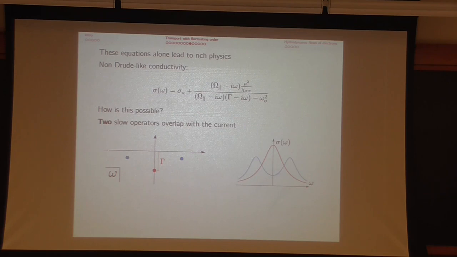And this is a very physical thing. What I'm doing by splitting them is giving the Goldstone a mass, which happens if I explicitly break translations. And doing this splitting will lead to this type of shape of the conductivity. What's nice about this shape is that now the DC conductivity is not large. It doesn't go like 1 over disorder strength. So we have a weakly disordered system, where translations are almost a good symmetry, but the DC conductivity is still not large. That's the only known way to do that, as far as I know.